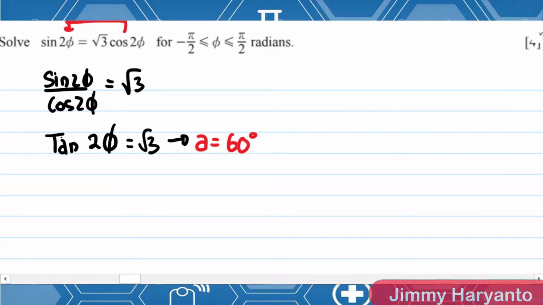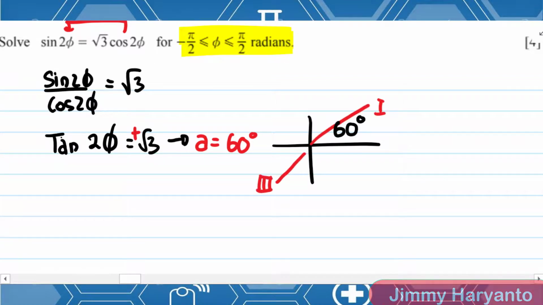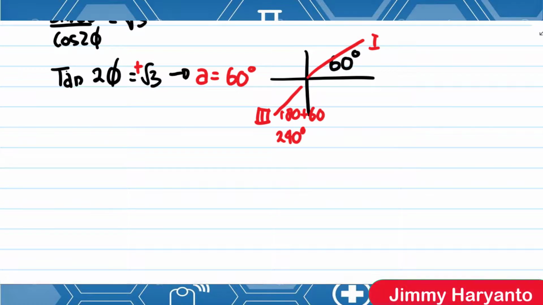We can use the degree first instead of radian. We know that the question is in radian, but we can use the degree first. After that use the quadrant, 60 degrees right here. The tan is positive. Positive for tan will be in quadrant 1 and quadrant 3. So when you move the 60 degree into quadrant 3, it will be 180 plus 60, which equals to 240 degree. Therefore, the 2 theta will be 60 degree, comma,